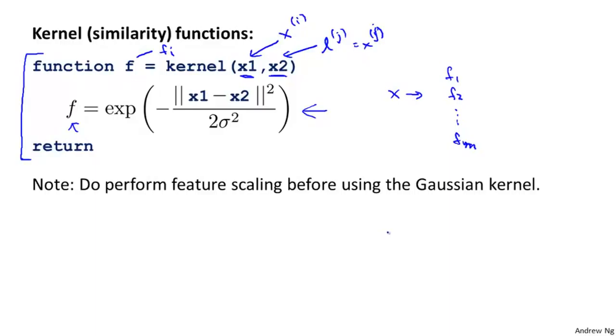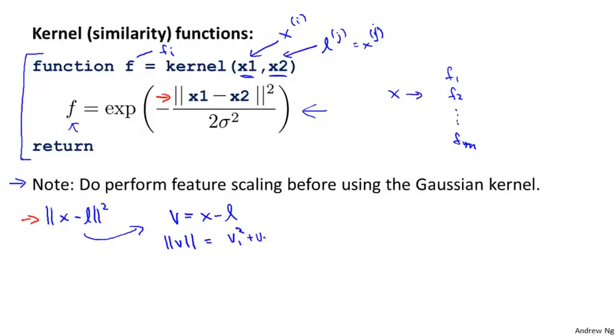Just one implementational note: if you have features on very different scales, it is important to perform feature scaling before using the Gaussian kernel. And here's why. If you imagine computing the norm between x and L, right? So this term here is sort of like the numerator term over there. What this is doing, the norm between x and L, is really saying, let's compute a vector v, which is equal to x minus L, and then let's compute the norm of this vector v, which is the difference between x and L. And so the norm of v is really equal to v1 squared plus v2 squared